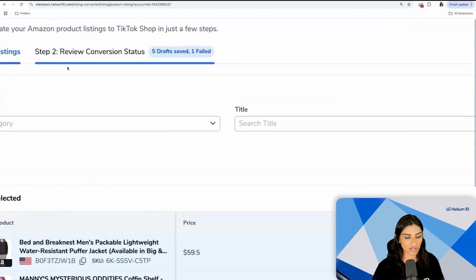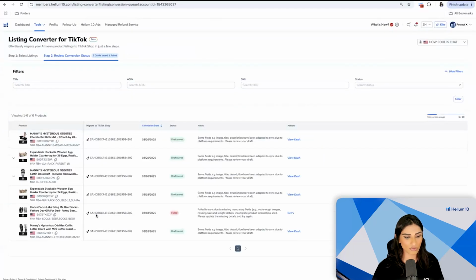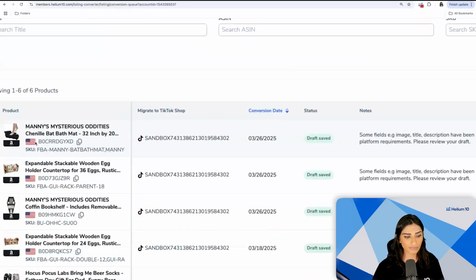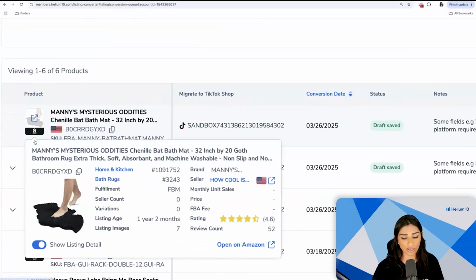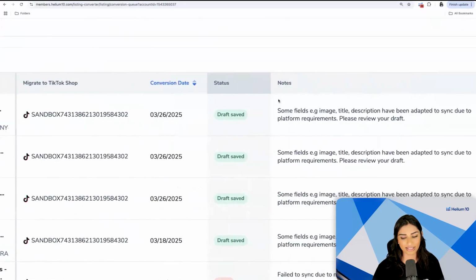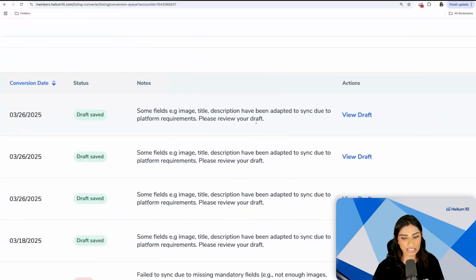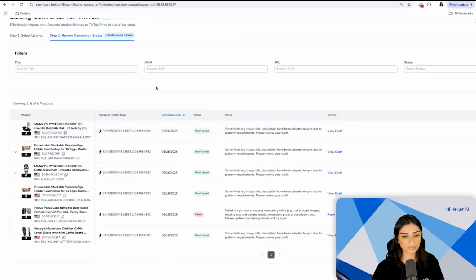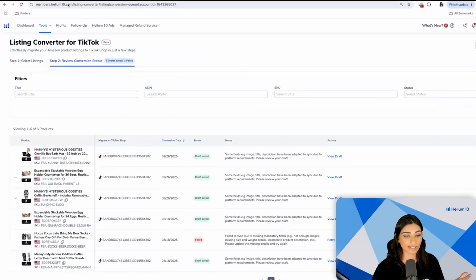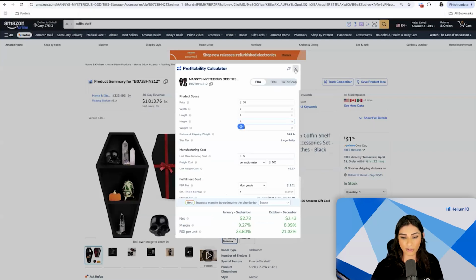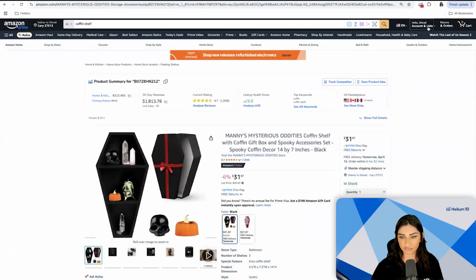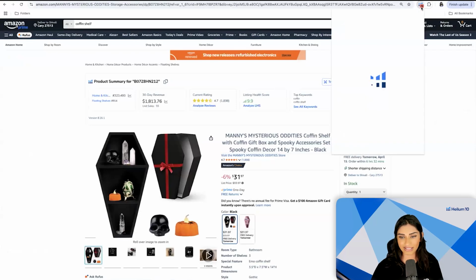As it says right here, you also have the review conversion status if you've already gone ahead and tried to do the bulk convert. It'll show you what's exactly happened. So right here it says draft saved. Notes, you can view the draft as well if you'd like to open it up. And like I said, that's the full rundown. Let's talk briefly about Amazon influencer tools that we have. I'm going to close out of this and we will go into the extension